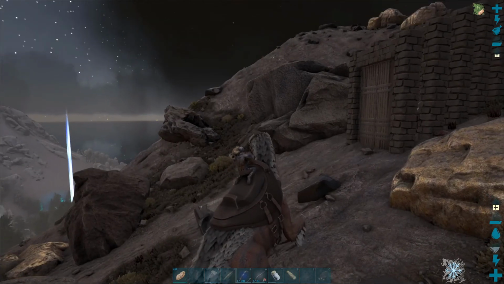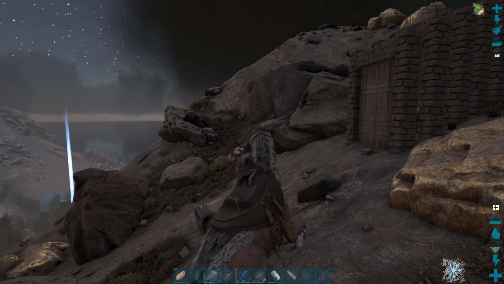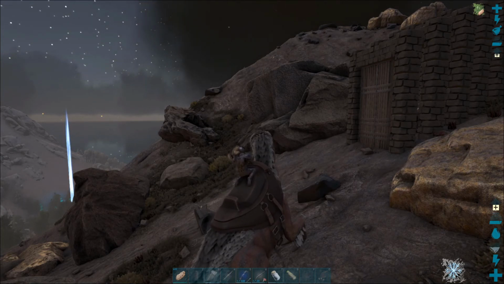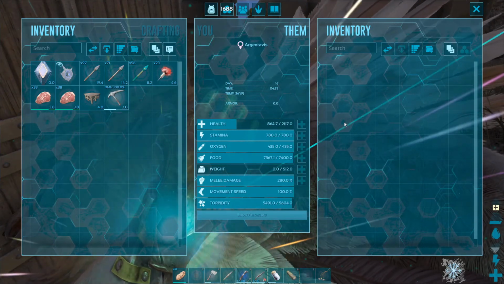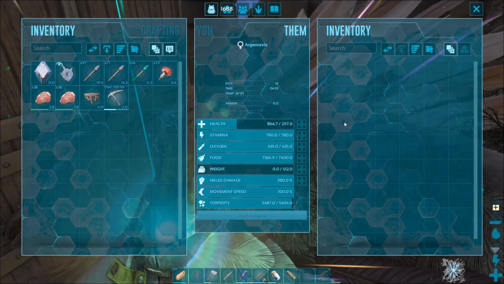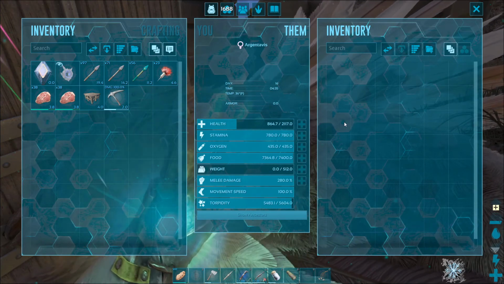Okay, I'm gonna look at Dododex, see how much prime meat it says it's gonna take, and also see if it says it'll need any narcotics, and put the stats in. Alright, so I just put its stats into Dododex, and it has really high melee damage. That's where most of its points got put into, and as per custom for all dinos that I tame, it